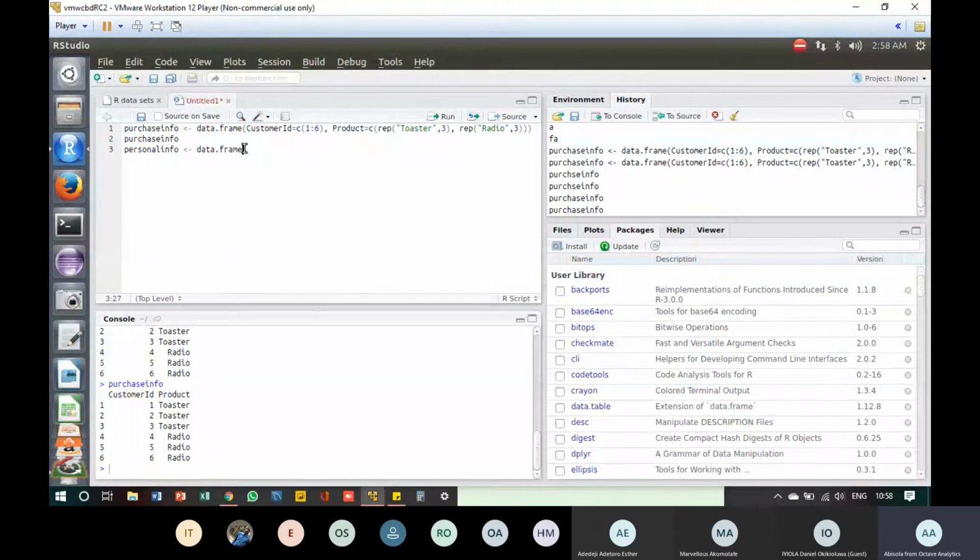So I'm still here. So data.frame. Then we are creating some columns for the personal information, and we are creating the customer ID column and the state. So the customer ID column has 2, 4, 6 in it. So customer ID